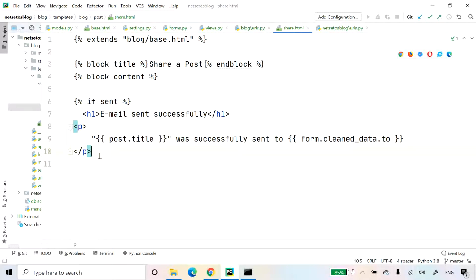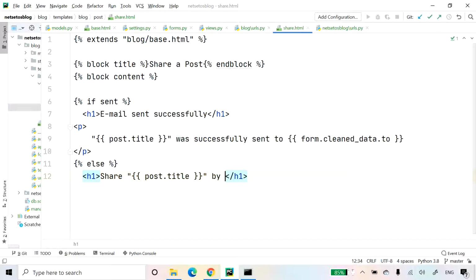We will give an else statement. If it is an else condition, it will print share post.title by email. Then we will introduce the method in form, method is equal to post. And here we will have form.as_p.